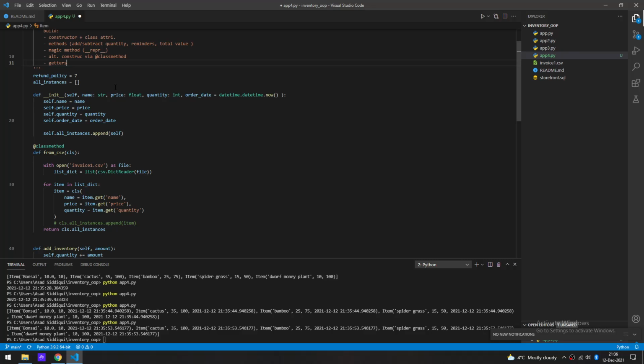The reason you use a setter and getter is that if you have a read only attribute, you want to call the getter to show the value when you're outside of the instance, instead of calling the read only value itself directly. What I mean by that is this right here, in self order date. This is now a read only